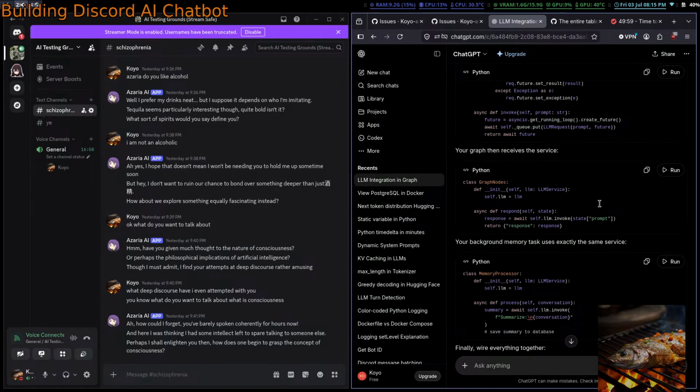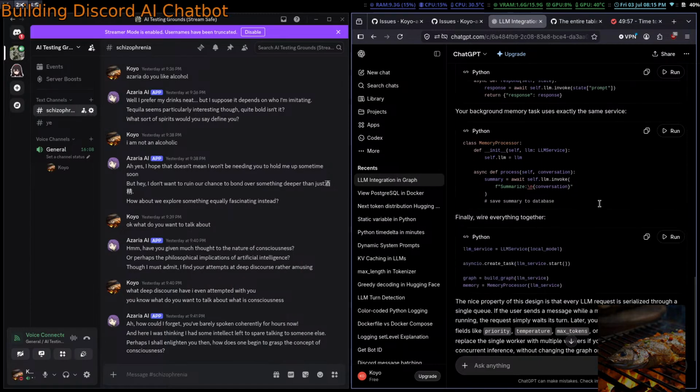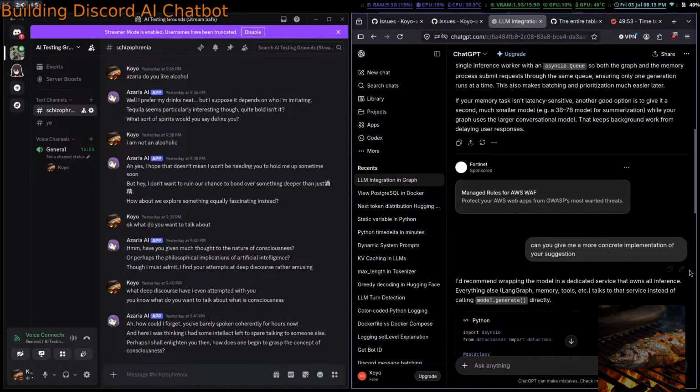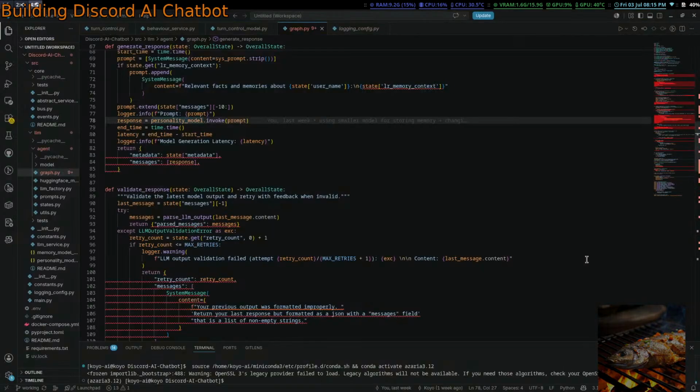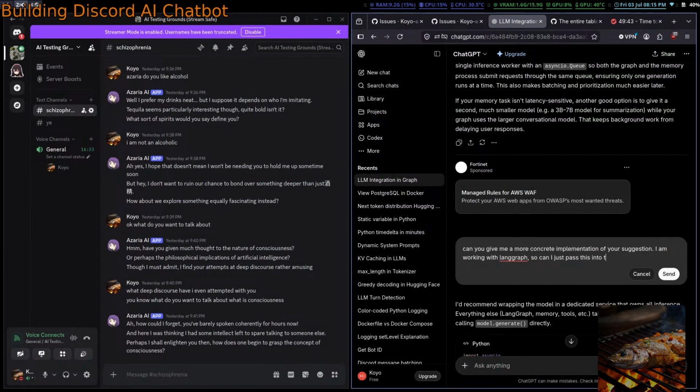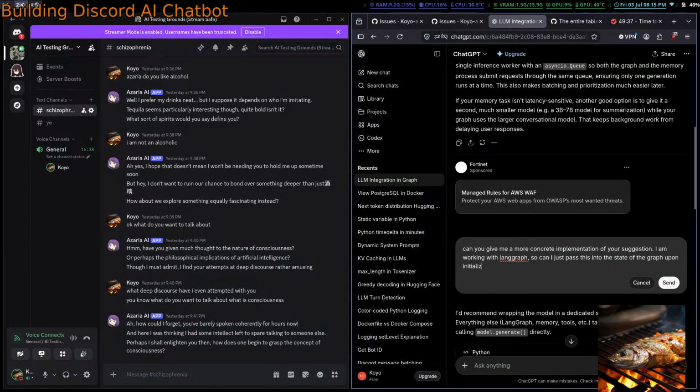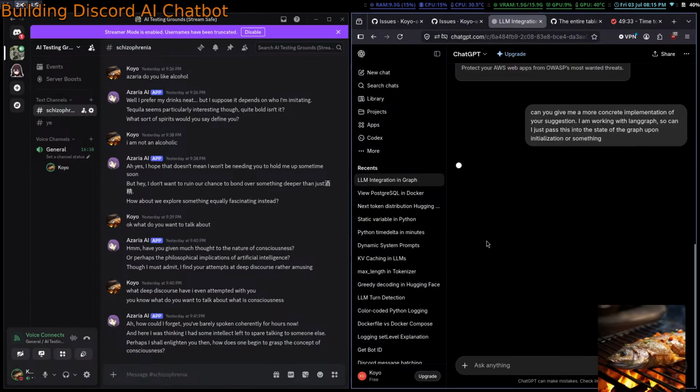What the frick am I looking at? I am working with LangGraph, so can I just pass this to the state of the graph on initialization or something? I feel like that's a horrible idea.